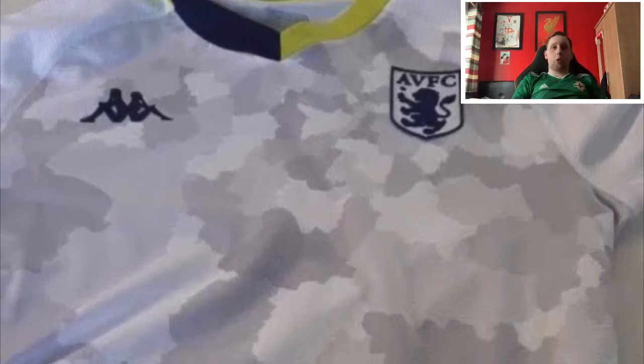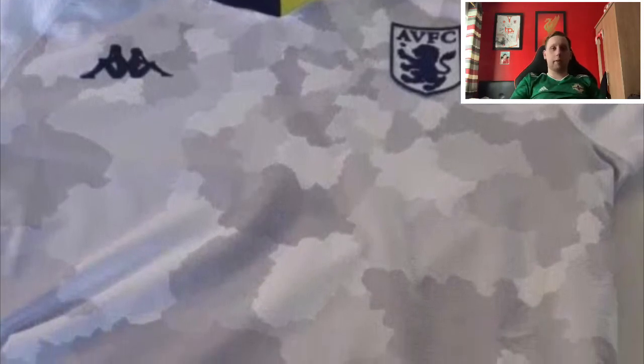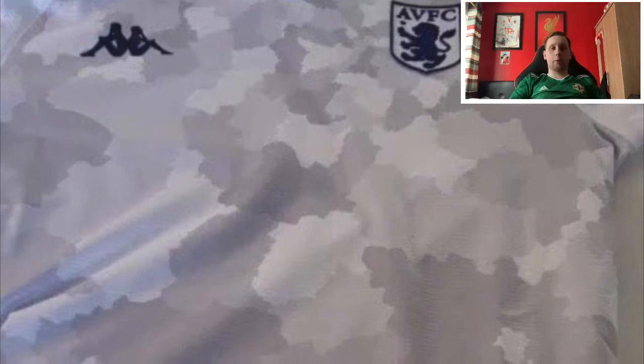So, Aston Villa. Obviously, this is a really, really early leak because we haven't even got a full image of the top, really. It's just quite a close-up. From what I can see of it,